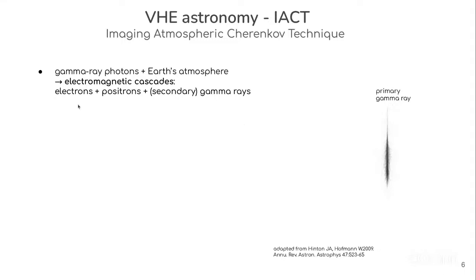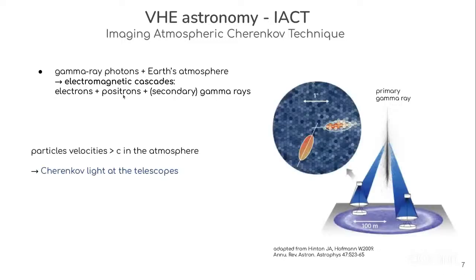These particles, electrons and positrons in the cascades, move faster than the speed of light in the Earth atmosphere, producing Cherenkov flashes lasting a few nanoseconds and peaking in the UV blue wavelength range. And the Cherenkov telescopes collect these Cherenkov flashes and reflect them into the cameras mounted on the telescopes, which allows us to study the Cherenkov flash images in the camera plane and infer information about the primary gamma